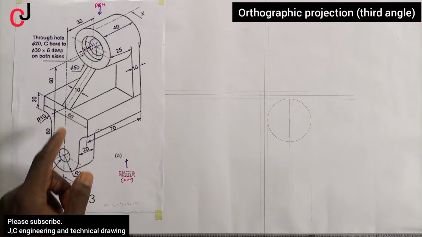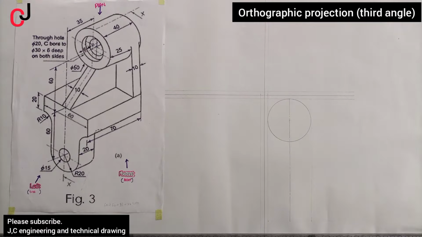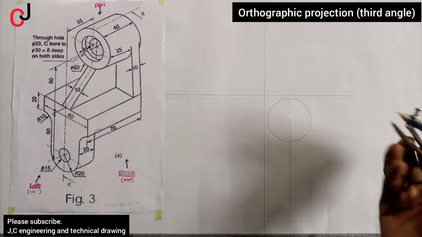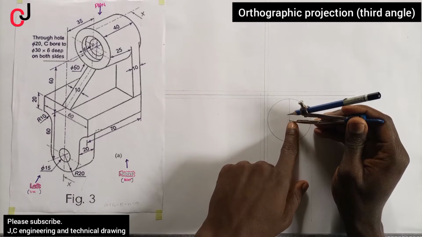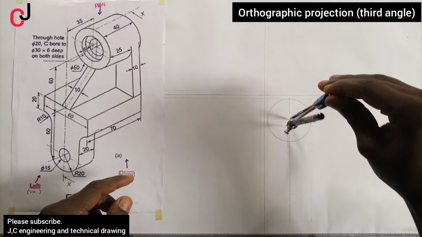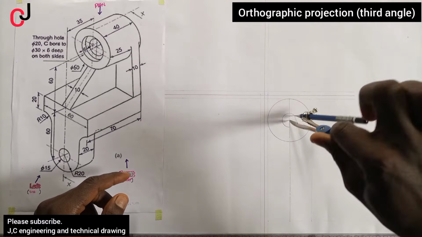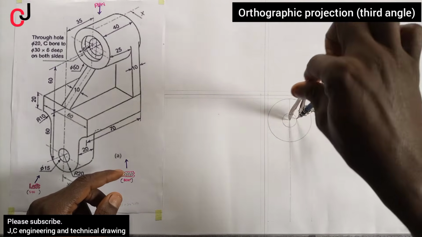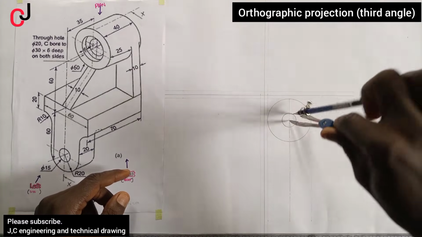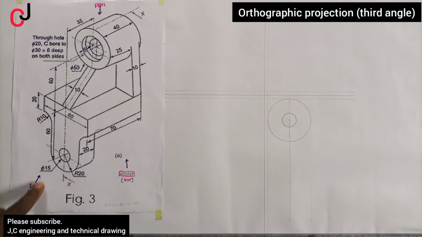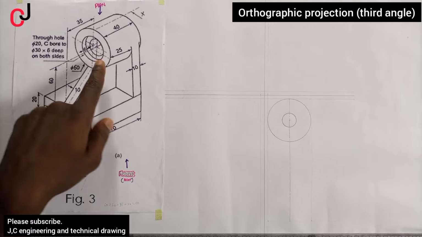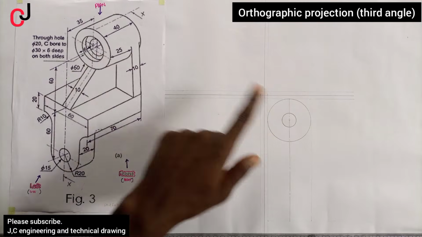So you measure 10 millimeter as radius, place it at the midpoint of the circle, and then you draw the second circle. Now also while looking at it from here, you can see this circle here, 20 millimeter is for this,